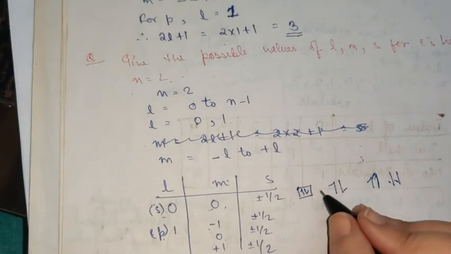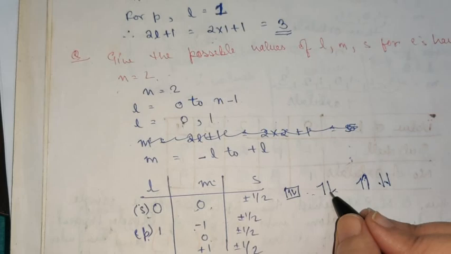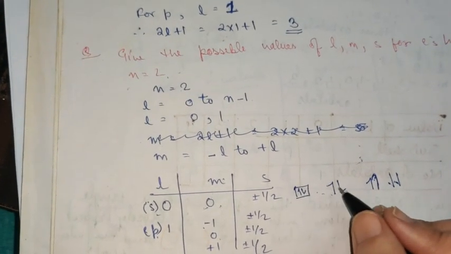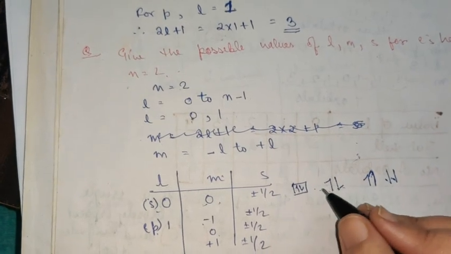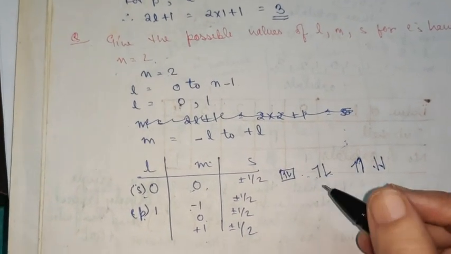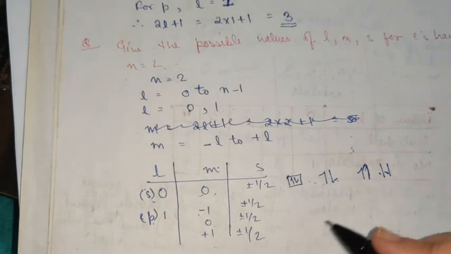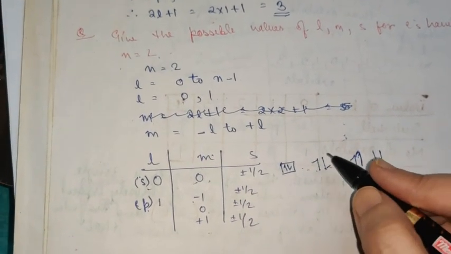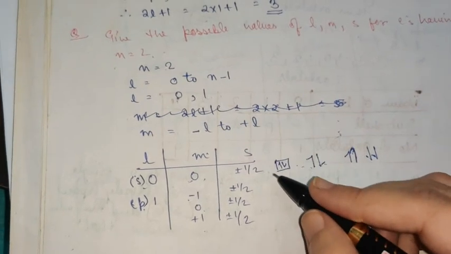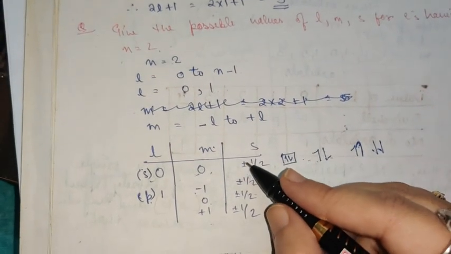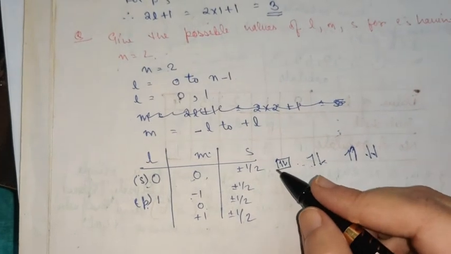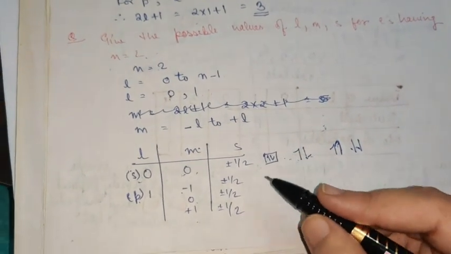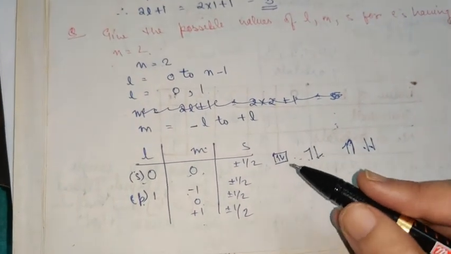Okay, it will always have opposite spin, because the two electrons have the same charge, so there is a possibility of strong repulsion. To minimize that repulsion and gain stability, the electrons adjust themselves with opposite spin in an orbital. That is why it is indicated with plus minus half. Plus half is for one electron, minus half is for the other electron. So overall the total value of spin will be 0.